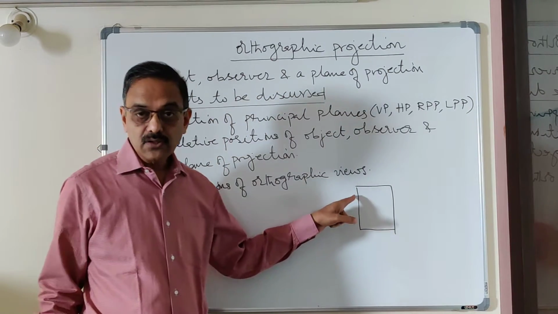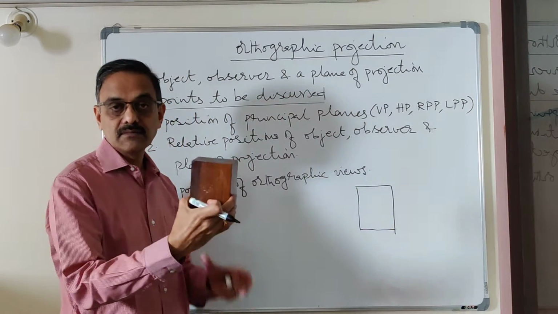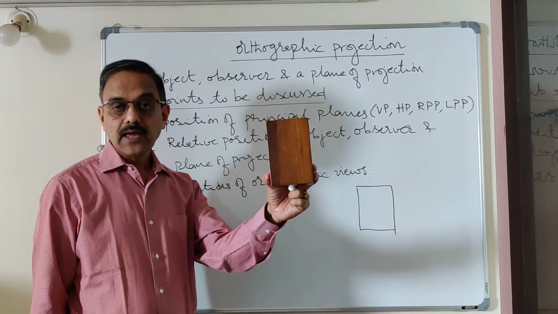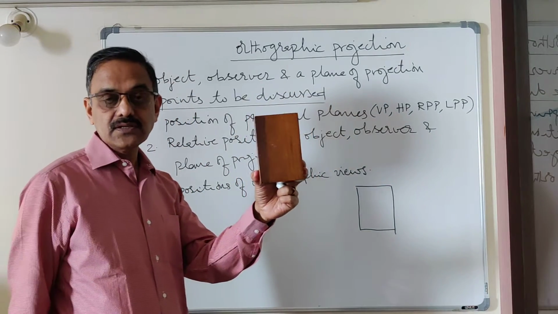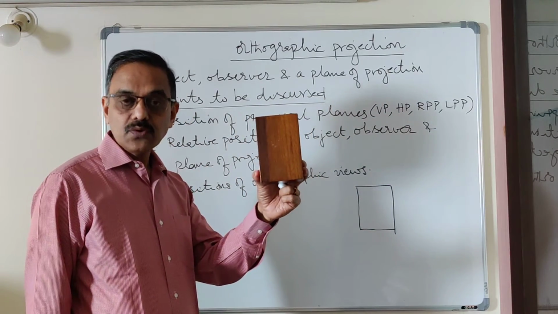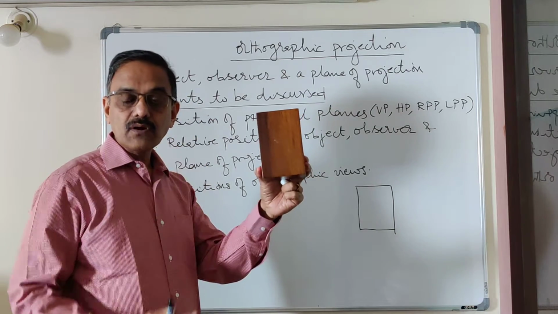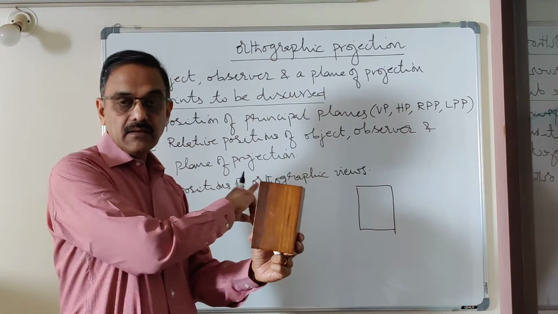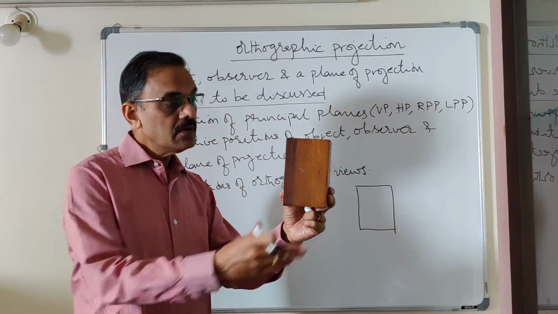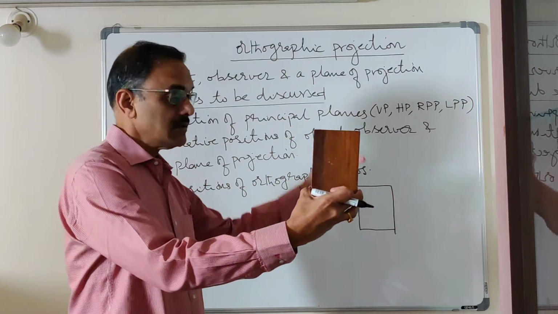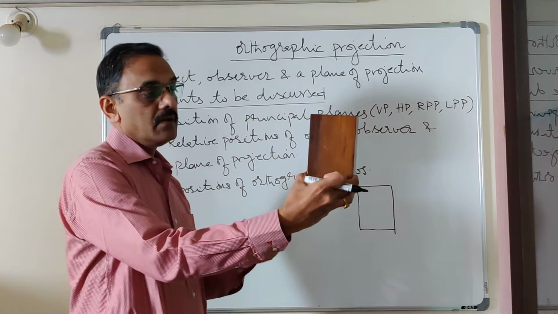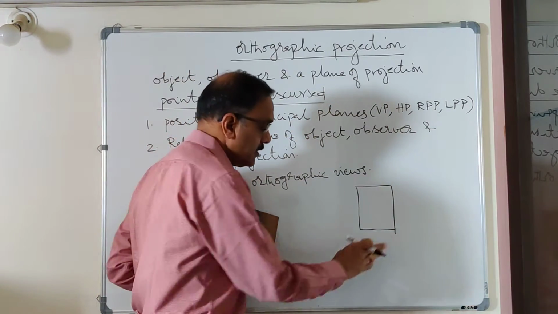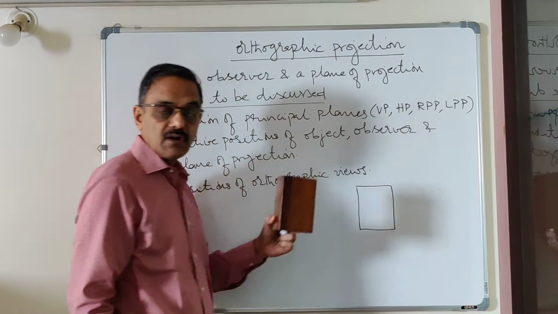This is called the orthographic projection of this object for the position of the observer. I kept it like this. I have imagined the observer to be at infinite distance, just to make sure that the rays coming out of the eye of the observer are parallel to each other and perpendicular to this plane. So in that scenario, when I draw the projections perpendicular to the board from the object, this is how it is going to be viewed. This is called the orthographic projection of this object.